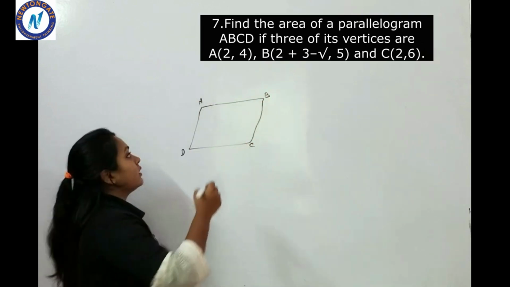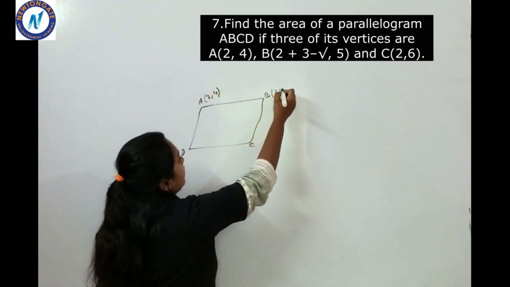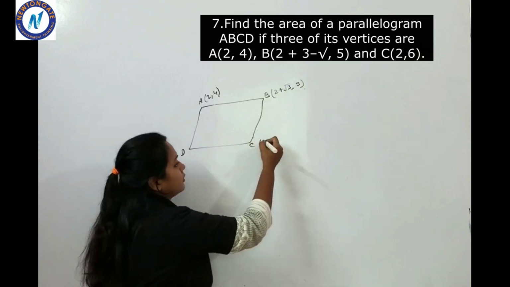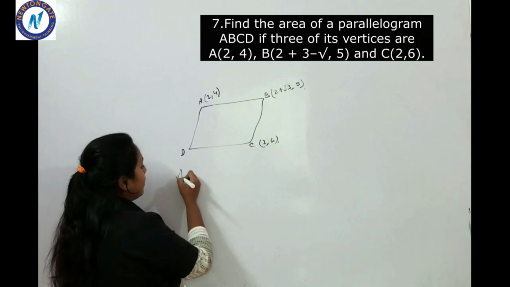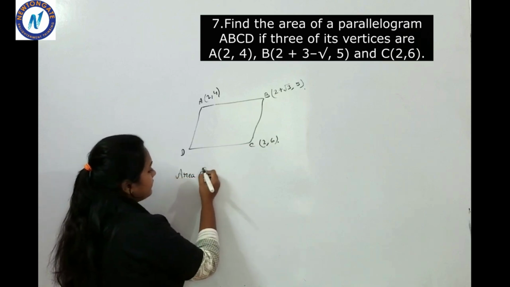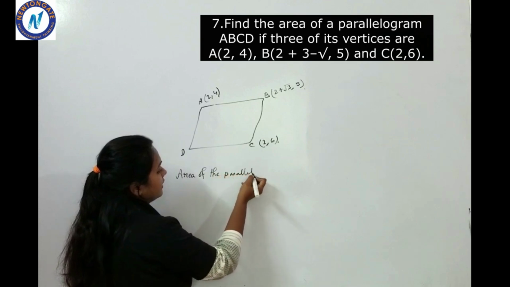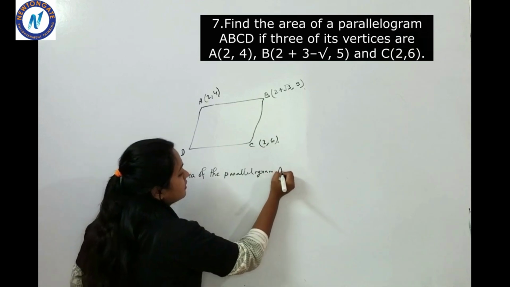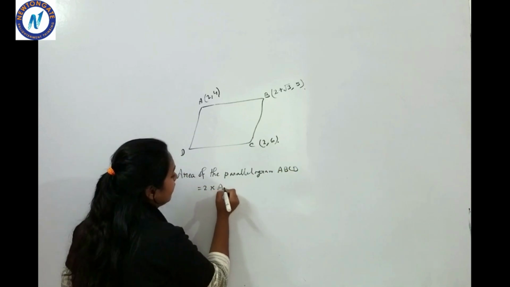ABCD. The coordinates of A are (2, 4), B is (2 plus root 3, 5), and C is (2, 6). Now we calculate the area of the parallelogram. Area of the parallelogram ABCD is equal to 2 into area of the triangle